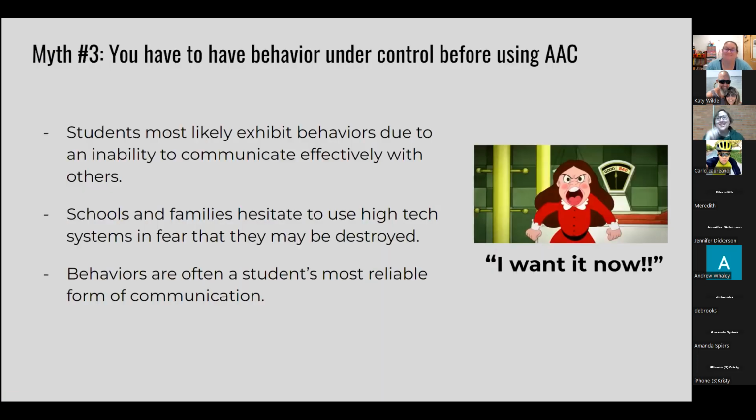Now, this is a case where we've definitely seen children come in with behaviors that we would not expect in, say, a neurotypical classroom. And one of the things that helps behavior is the use of AAC. So once a child can see that they can communicate, the behaviors truly lessen. Because if you think about it, if a child's behaviors are due to them trying to communicate what they want and they're not getting it, the behaviors escalate.